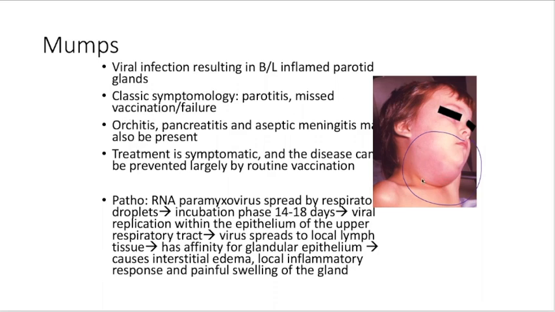And then it spreads to local lymph tissue, and that has an affinity for the glandular epithelium. What results is local inflammation, and we get interstitial edema and painful swelling of the gland. So prior to vaccination, which is the way that we prevent this,